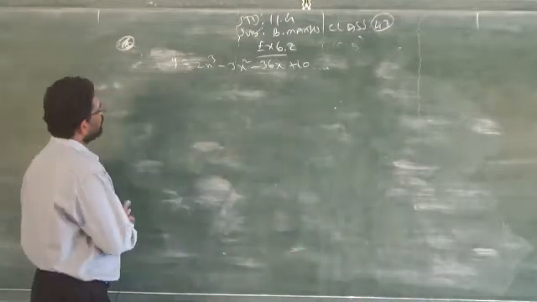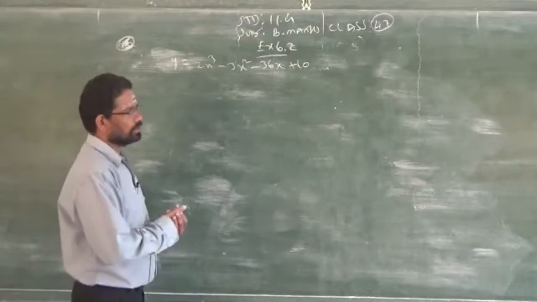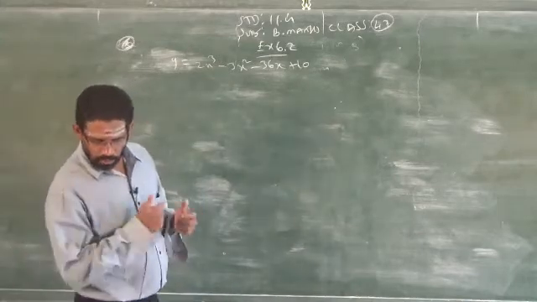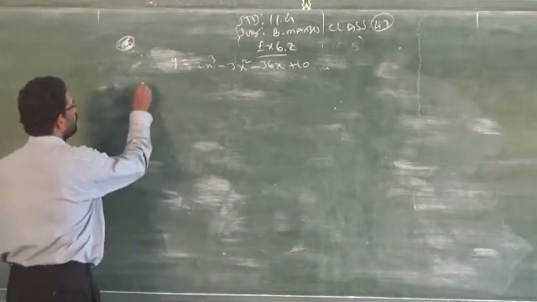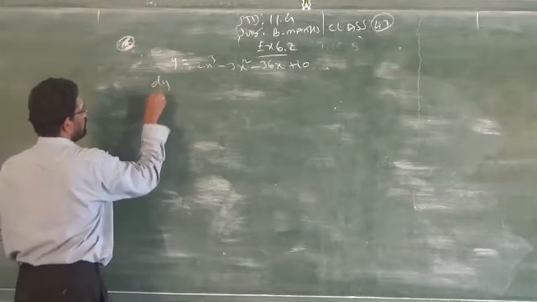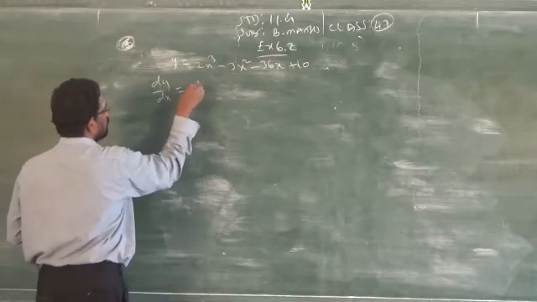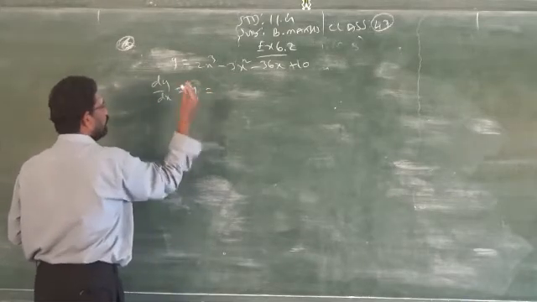But here they did not ask to find out increasing or decreasing functions, they asked to find out the local maximum and local minimum, that is absolute maximum, absolute minimum. So it is very simple. The first rule is what? First order, that is dy by dx, that is y1 or y dash. Clear?